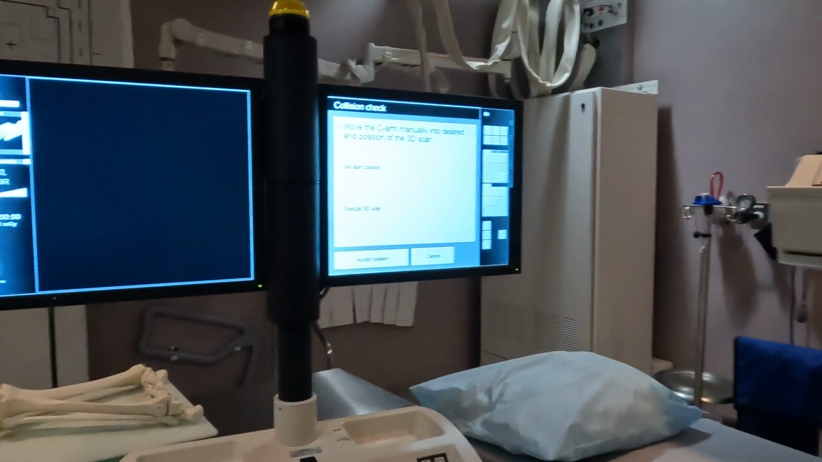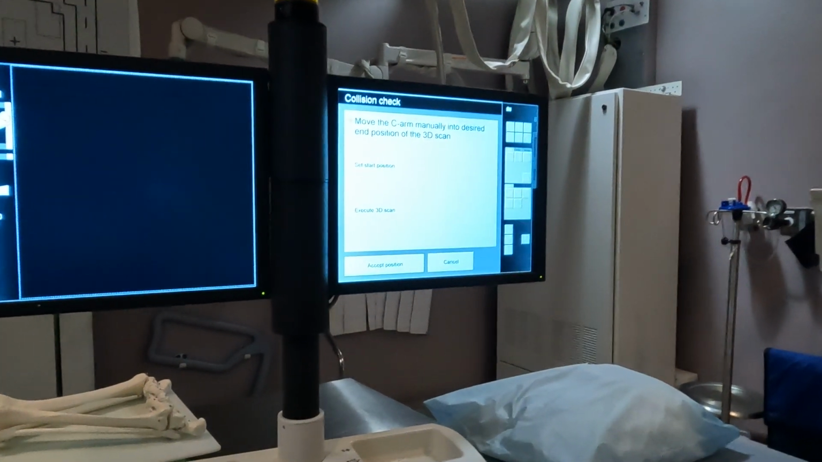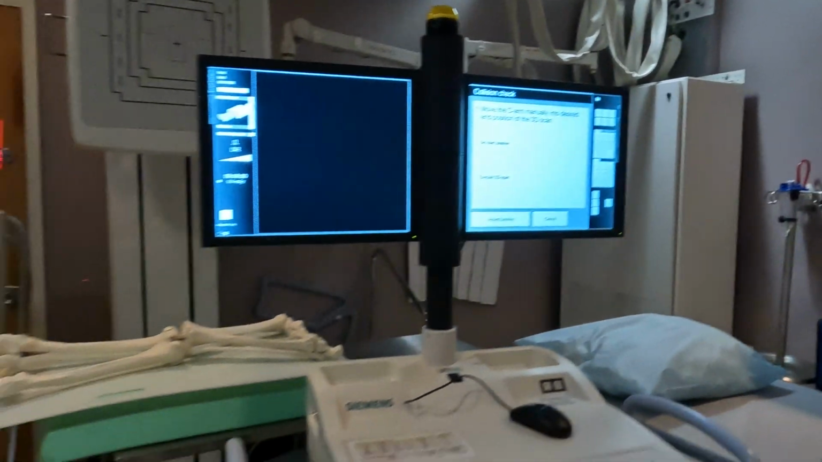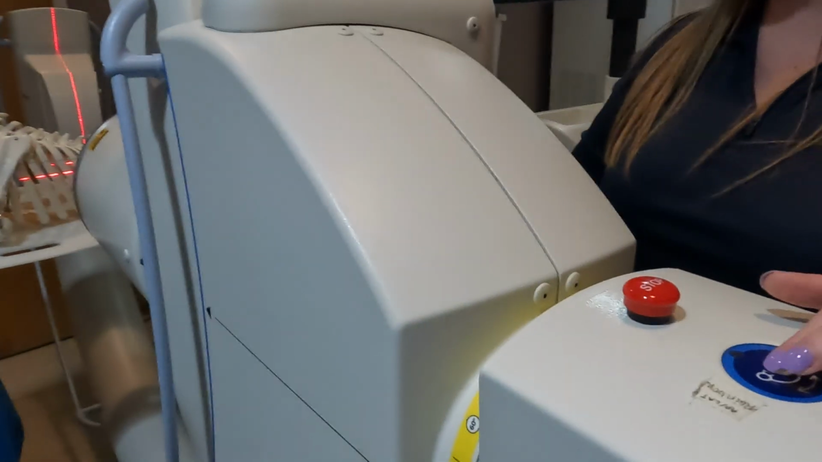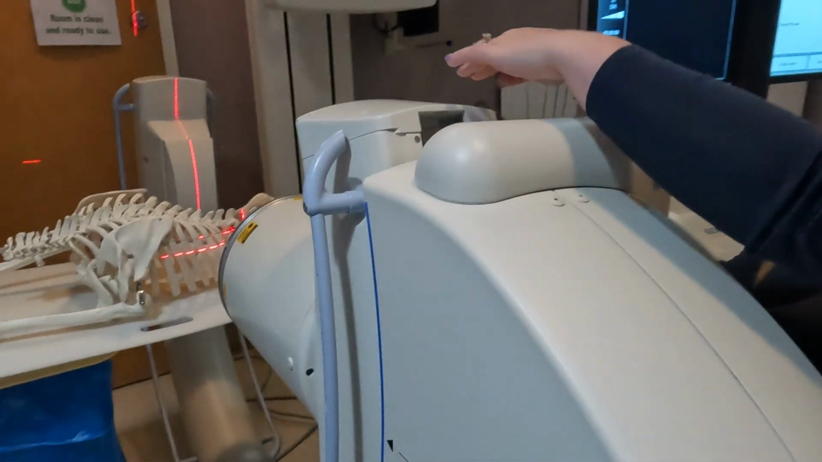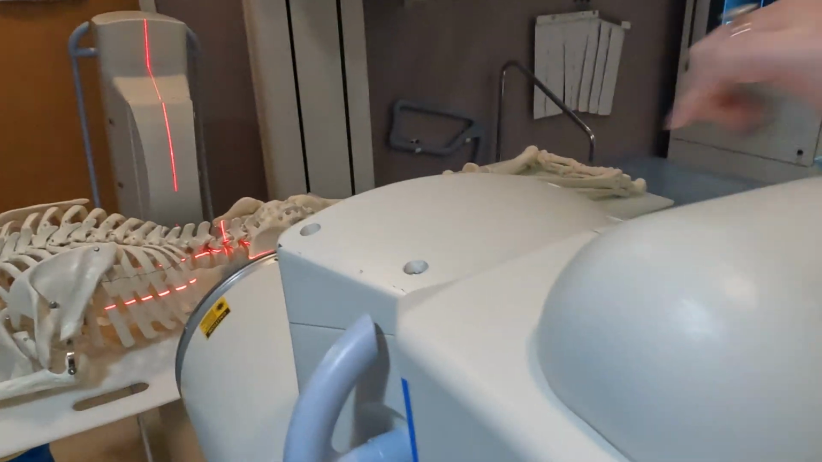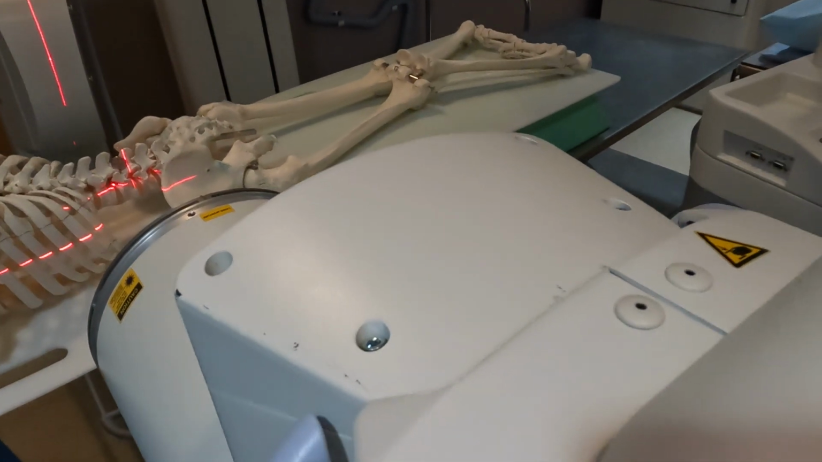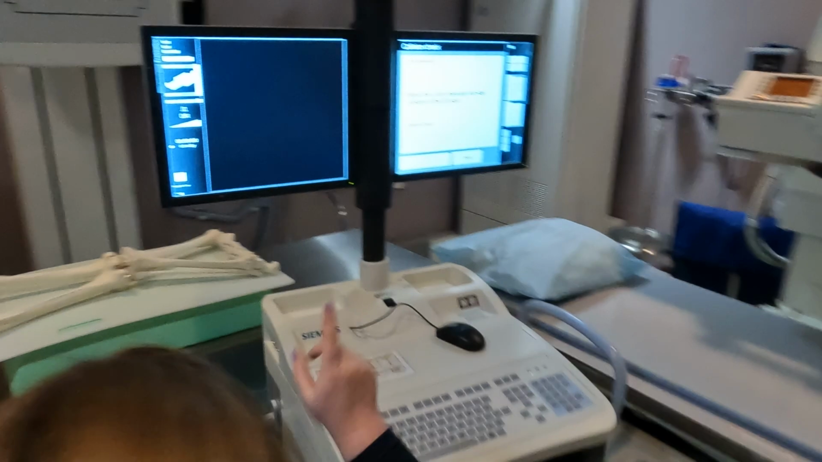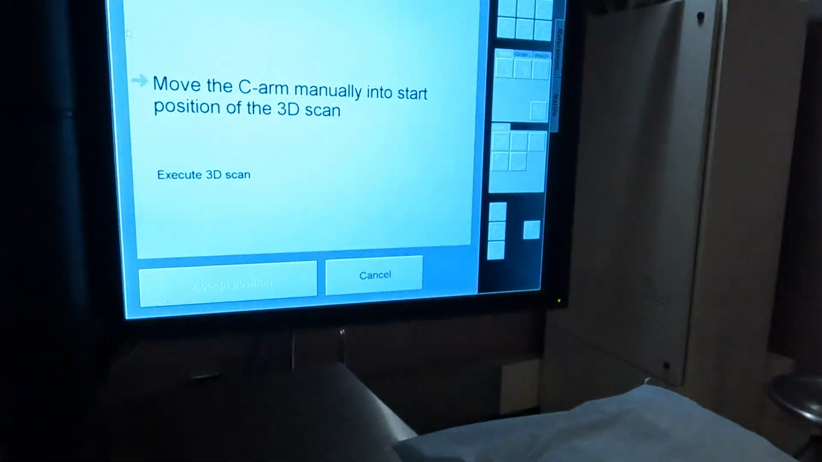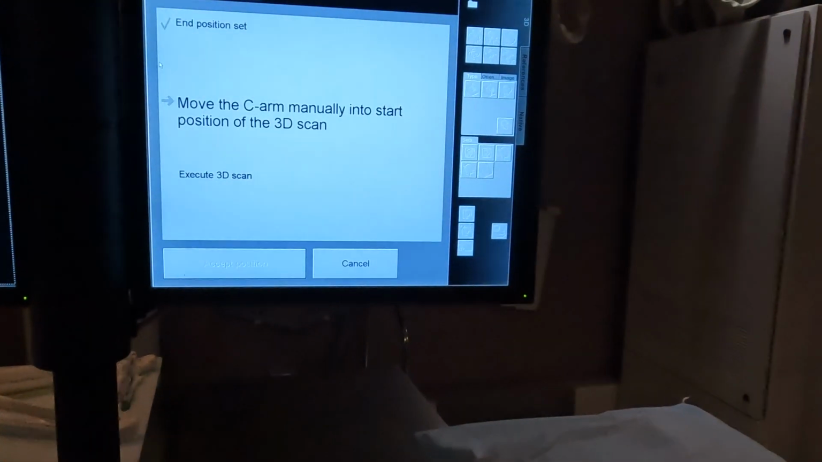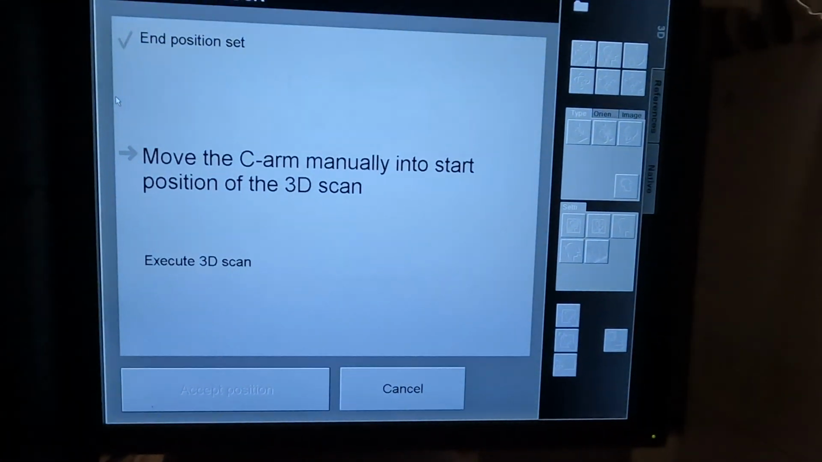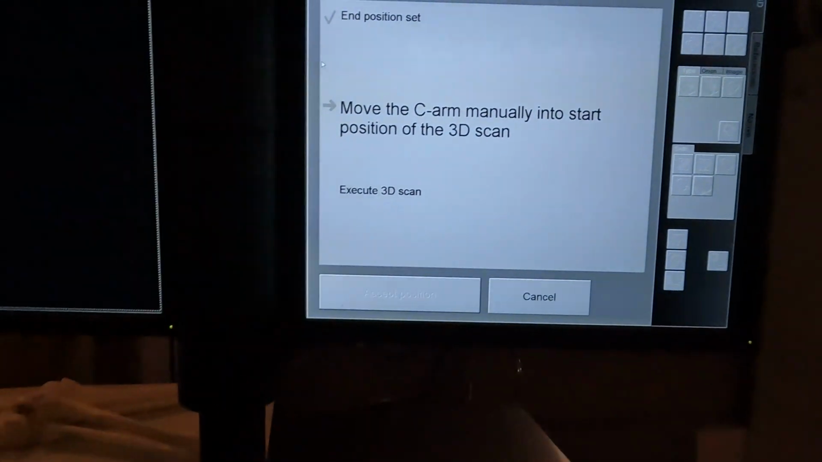So it says move the C-arm manually into desired end position of the 3D scan. The best way to get this is just to take this from the 90 and push it all the way down so that it's past 90. If you look at the screen again, it's going to say check end position is set. And then it says move the C-arm manually into the start position of the 3D scan. So the start position